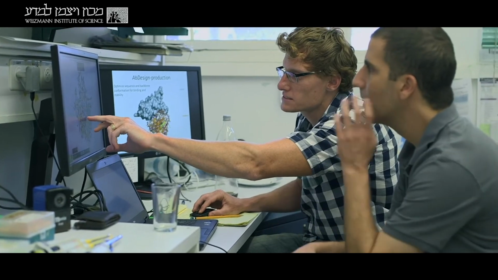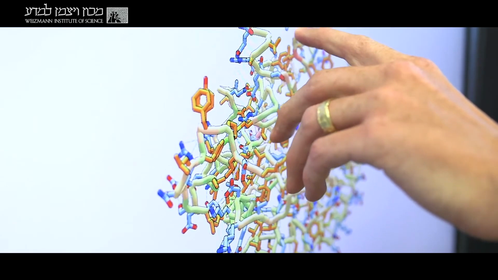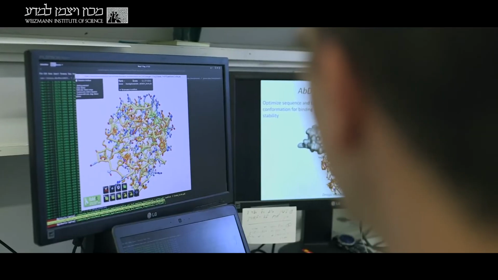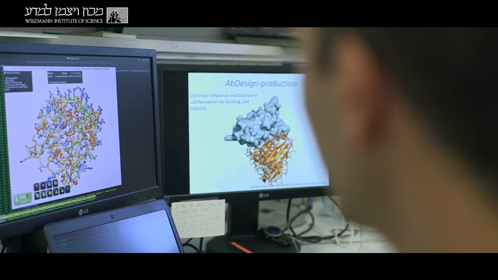In my lab, we had already started working on SARS, the previous pandemic. And so when this started, we were actually quite ready to switch over to coronavirus because the viruses are quite similar to one another. So we already knew what the vulnerabilities of coronavirus are. And so we're targeting these vulnerabilities with our tools.